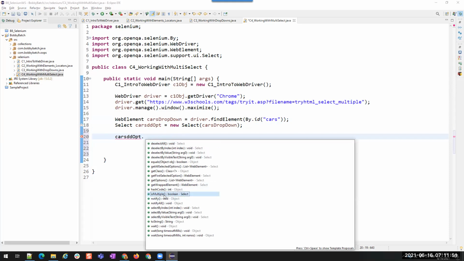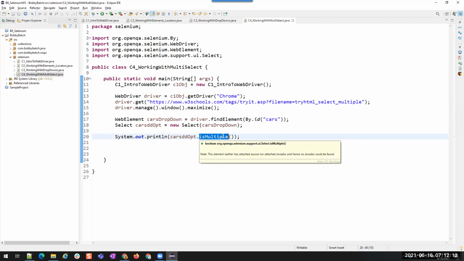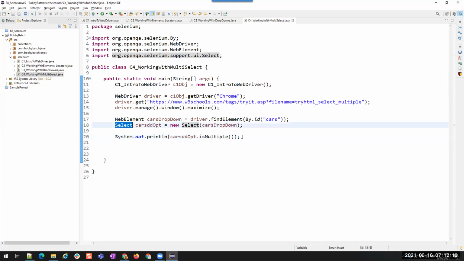This is going to tell us whether this drop down will allow multiple options to be selected or not. So this is a Boolean value. Just to check whether it is allowing multiple selections or not, we can use isMultiple. This can be used only for multi-select drop downs. This is from the select class.